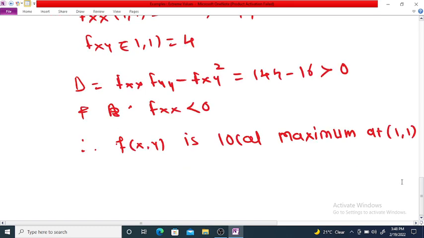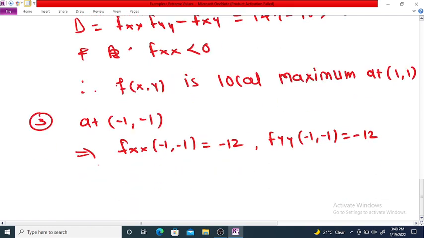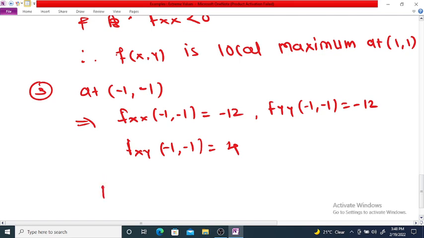Similarly, number third, at (-1, -1). Now f_xx at (-1, -1) is equal to -12x², so again it is -12. f_yy at (-1, -1) is equal to -12, and f_xy at (-1, -1) is equal to 4. So D = f_xx f_yy - (f_xy)² = 144